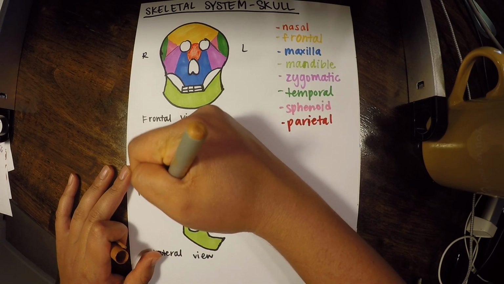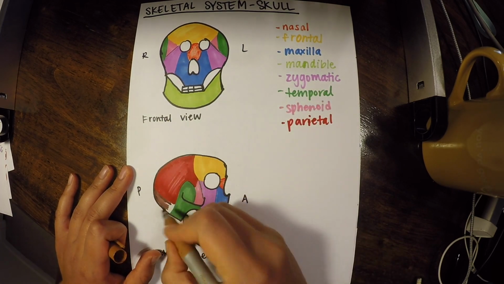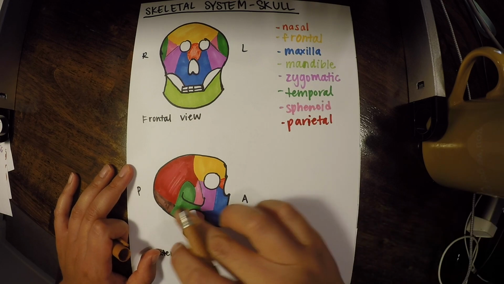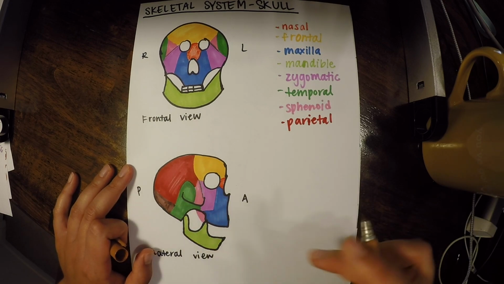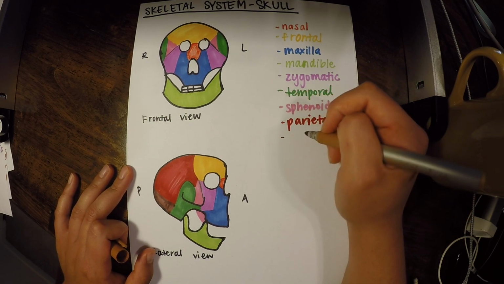Right down here. Now, as you're learning the names of these bones, keep in mind that we're also going to be learning the different lobes of the brain, and they're associated with different names of the bones here. So the better you know this, the better our neurology section is going to be.